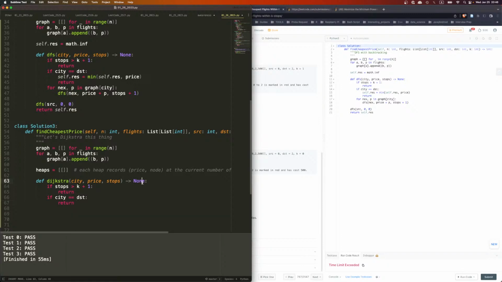Maybe this one shall return a Boolean value. We shall maybe return an integer. So bad is -1. This will just return price. So we know this is the right price. Okay. Otherwise,